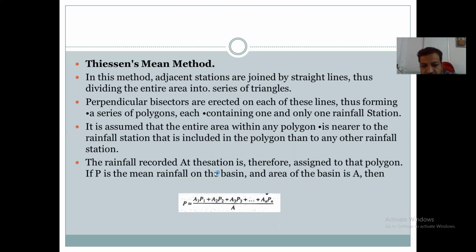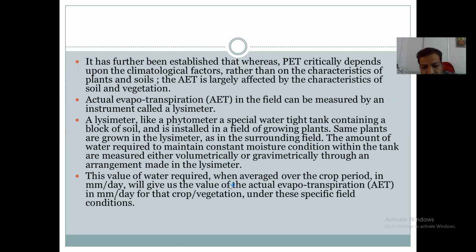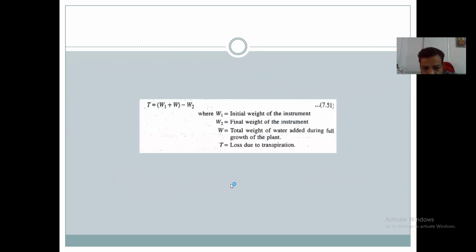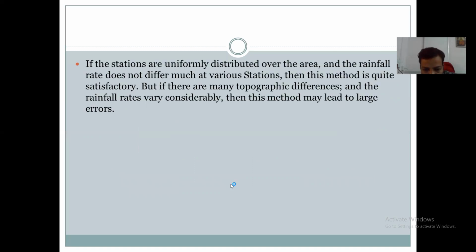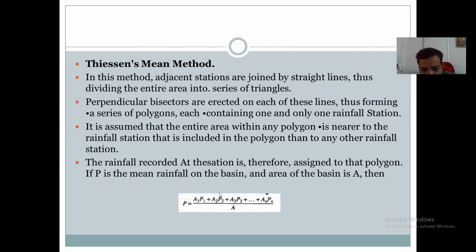तर आधीच्या याच्यामध्ये फक्त P1, P2, P3 डिवाइड बाय N एवढंच होतं. यामध्ये ऍडिशन काय, एरियानी मल्टिप्लाय केलेलं आहे P1, P2, P3 ला. जे रेन प्रेसिपिटेशन आहे त्याला एरियानी मल्टिप्लाय केलेलं आहे, एरिया ऍट इच रेन गेज स्टेशन. A1 into P1 plus A2 into P2, A3 into P3, addition of all this divided by total area, that will give mean rainfall.